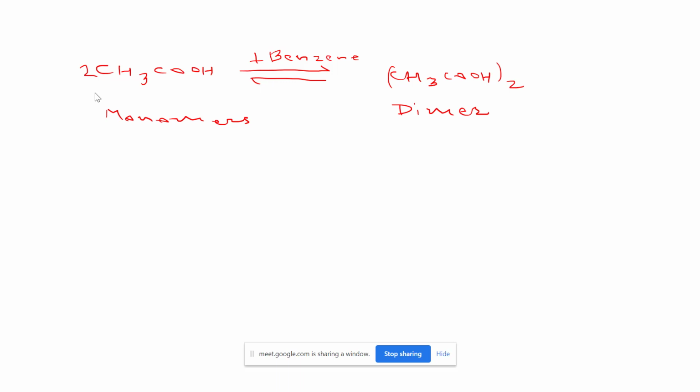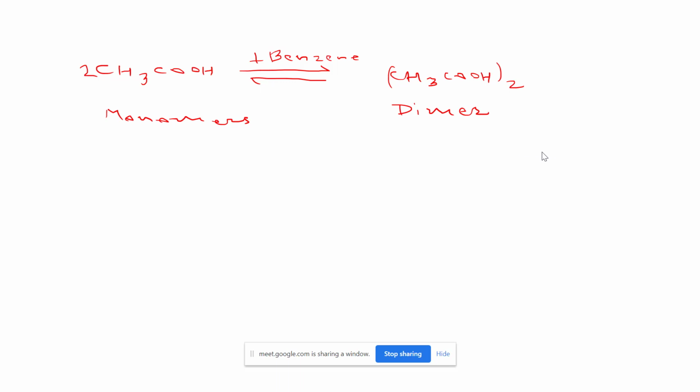So what is happening when we add acetic acid to benzene solvent? The acetic acid molecules undergo dimerization, or form a dimer of acetic acid. In this process, we can say directly that the acetic acid molecules are associated here. Now we are calculating the van't Hoff factor for this, and before that, we are discussing why these acetic acids are forming one entity, or dimer.